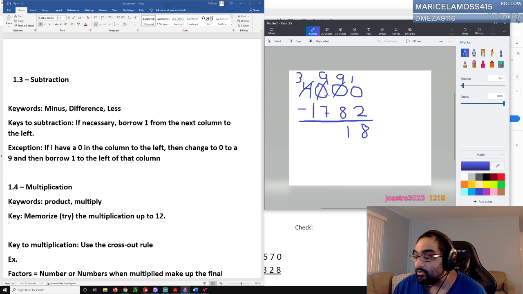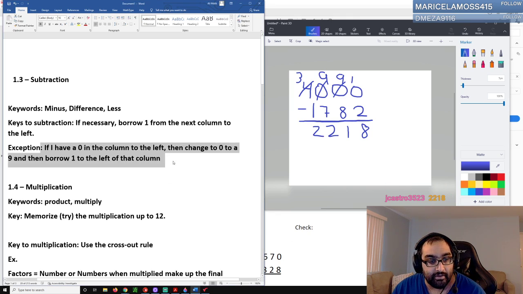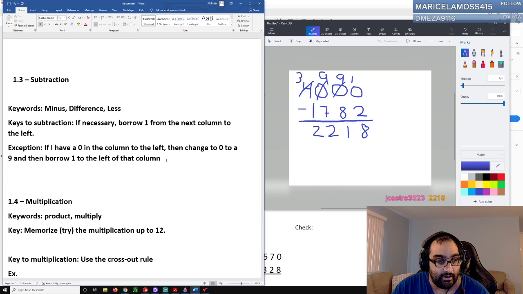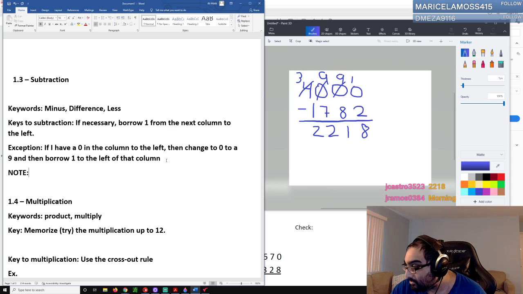Okay, so that's the one thing we need to be careful about in a lot of math problems. We can make this assumption here. We get 2218 here. And I'll go ahead and add this as a note here, because I'll probably say this often for a lot of different concepts. If there's one thing people have an issue with when it comes to mathematics in general is that